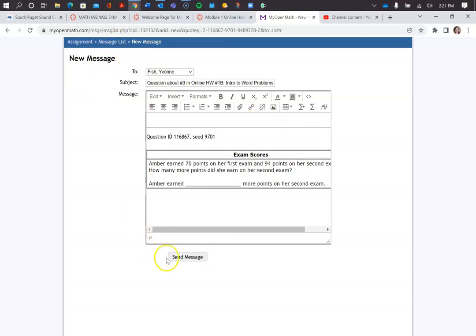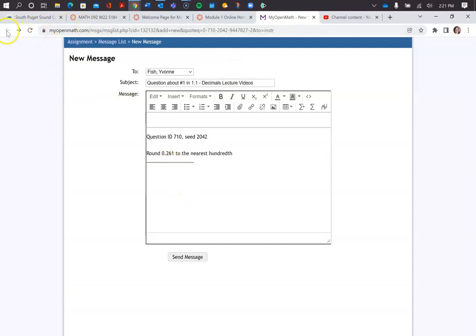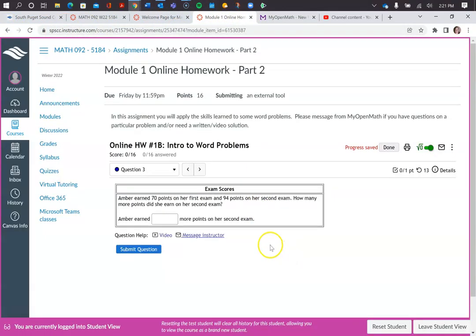So you've got to go to your message list. It won't get emailed to you. It gets emailed directly to me, from you to me, but I don't think you can have your settings do that for you. So keep that in mind, that you want to be checking.